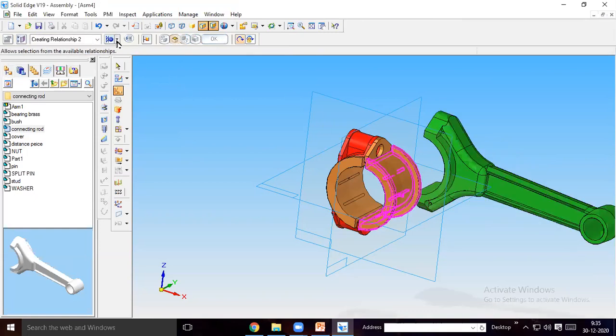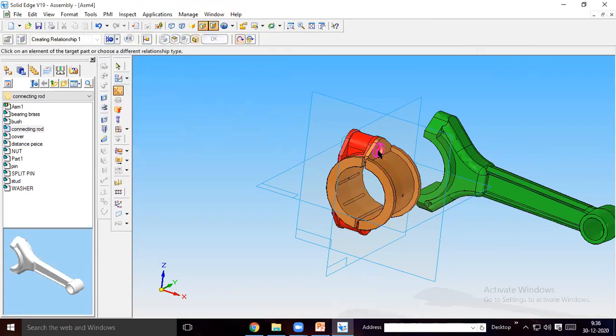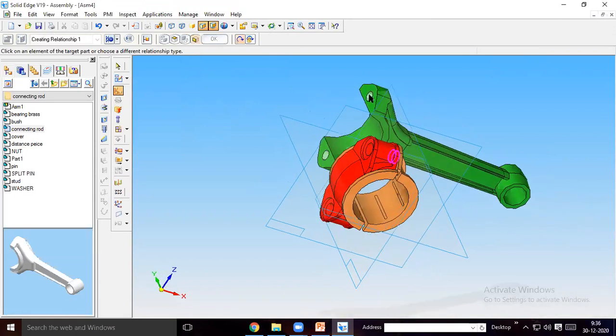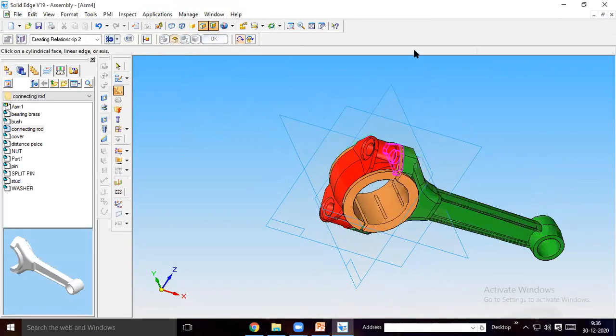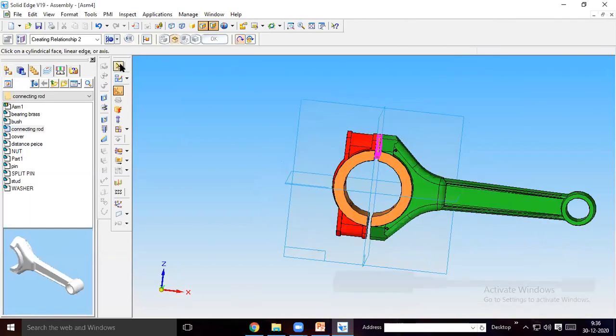Then also axial alignment of this. Here this with this. See here, within two alignments you can take that.